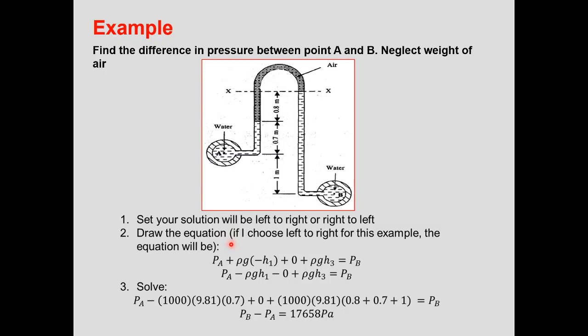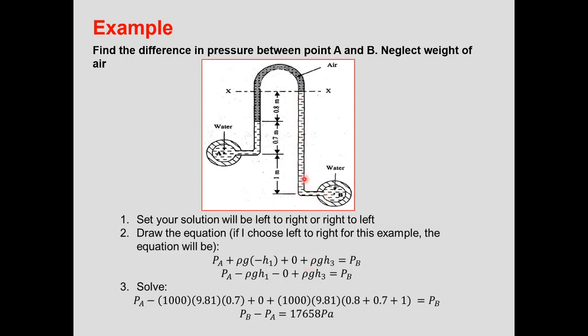Okay, draw the equation. If I choose left to right, we start with PA, and then rho g h1 for the liquid of water, but the second location is higher than the first location, then it is negative h, and then the second fluid is air. So we know that for air, the difference in pressure can be negligible. So we can assume that any location, as long as the container contains air, the pressure will be the same. So plus 0, there is no pressure difference because of air,